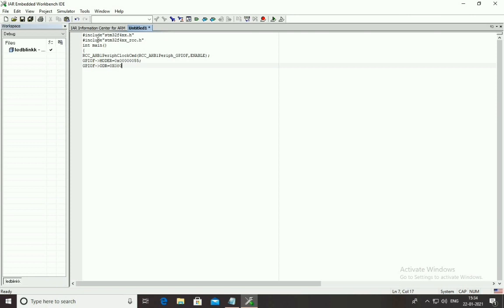So next you have to type the output data register, ODR, which indicates the data which you feed into the board.